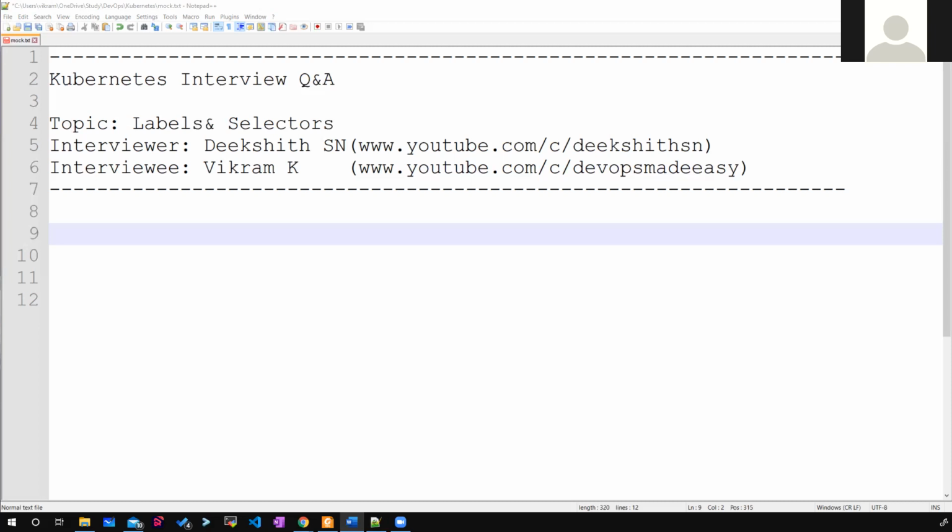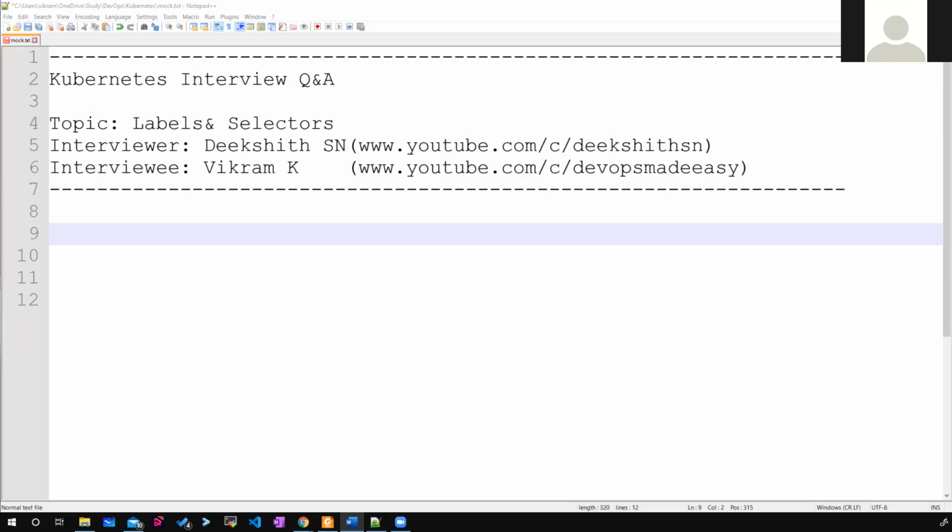If it is properly mentioned, then obviously we'll get the endpoints. Every service will have endpoints, which define what pods it is managing. So first I'll check the endpoints. If there are no endpoints for that service, then definitely there is a selector issue, because we handle the labels in the manifest files. If you are not giving proper selectors in the service manifest, then it won't create the endpoints. So when the traffic is not redirecting to the pod instances, the first thing I do is check the selectors of the service.